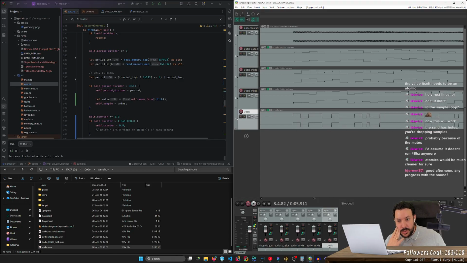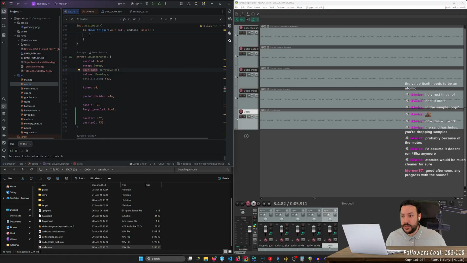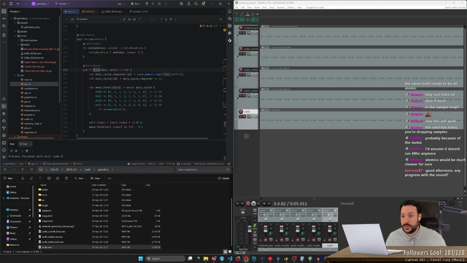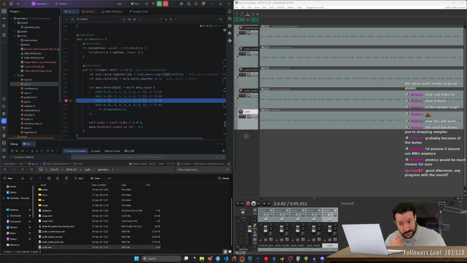Because this waveform, if my memory serves me right, we should be getting the 50% mark on the waveform every time. See?